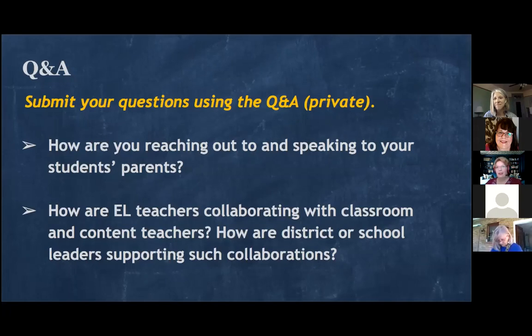Another thing that I saw that was very interesting, rather than taking some of the packets to the door, there are a couple of districts that set up a site outside like Walmart where families go to get their groceries, and the families pick up their packets there as they're getting their groceries for the week. So those are just a few of the things that I've found that have been helpful.